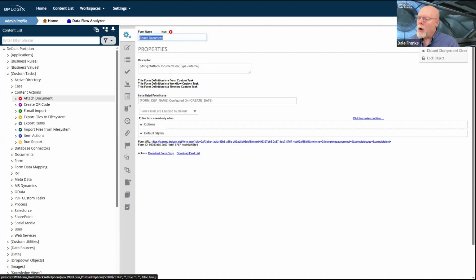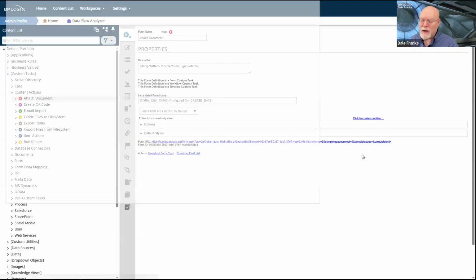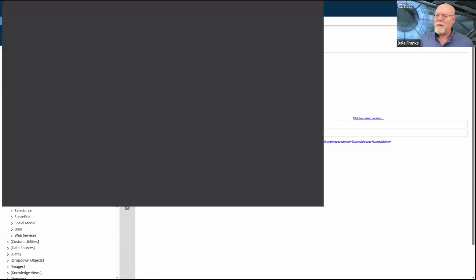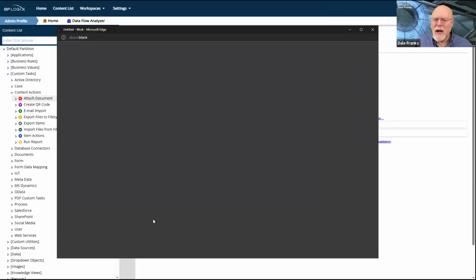If you go over to the OK menu, you'll see that there is a preview custom config. I do find that I use this a fair amount, basically because I actually want to see the version number of the custom task. As I said, the custom tasks are not actually related to the core product of Process Director.